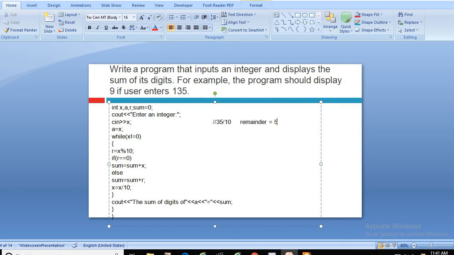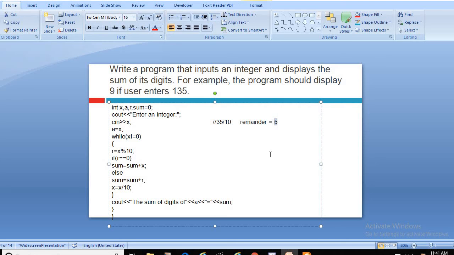Why? Because we know that the digits will not be in a fractional part, it will be integer type. So first, how to find? Now we have to break these 2 digits separately. If we would like to get the last digit, to separate it, we need the remainder operator. In fact, 10 3s are 30 and remainder 5.